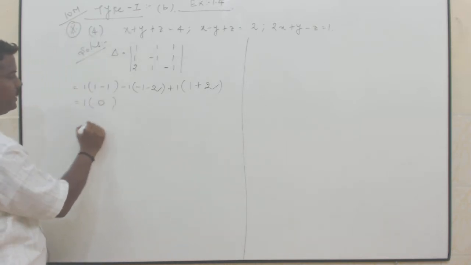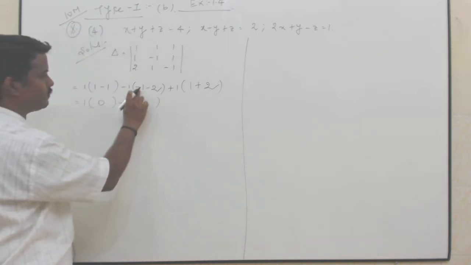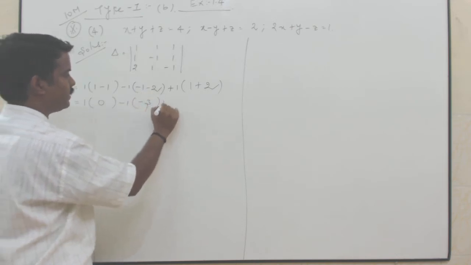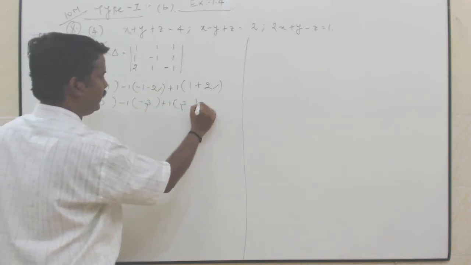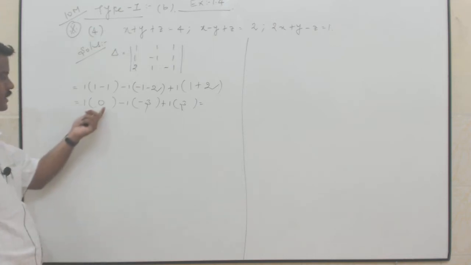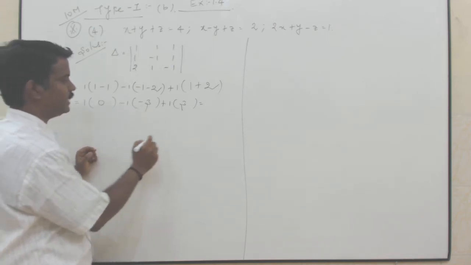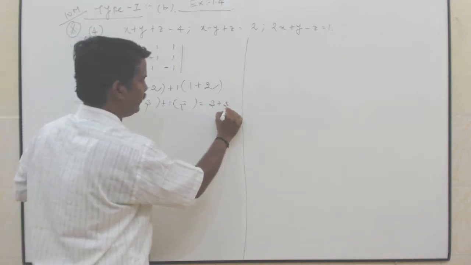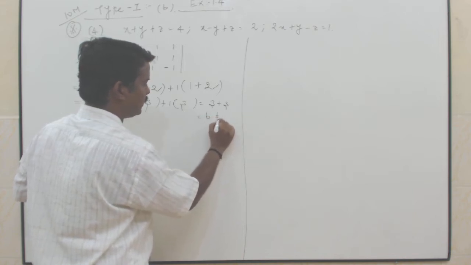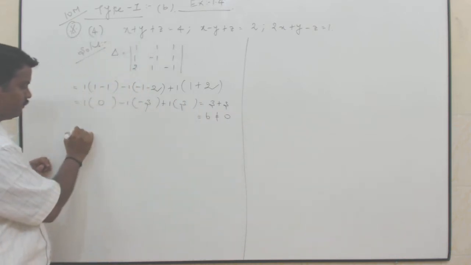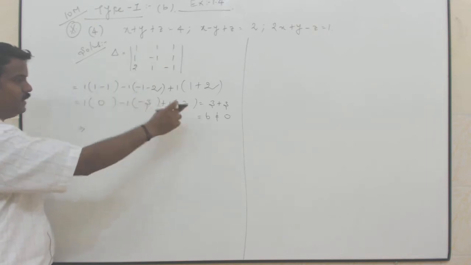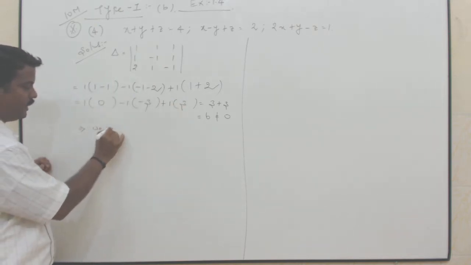1 into what is 1 minus 1? 0. Minus 1 into what is minus 1 minus 2? Minus 3, plus 1 into 3. To simplify this, this is 0. What is minus into minus? Plus. So 3 plus 3, which is equal to 6. This is not equal to 0. So if delta is not equal to 0, we can apply